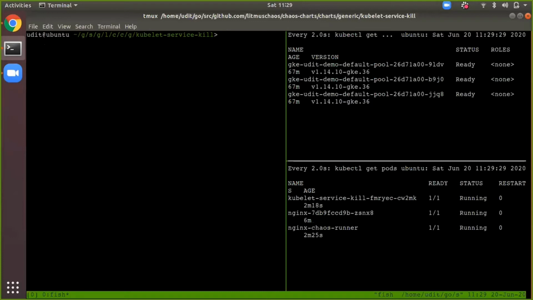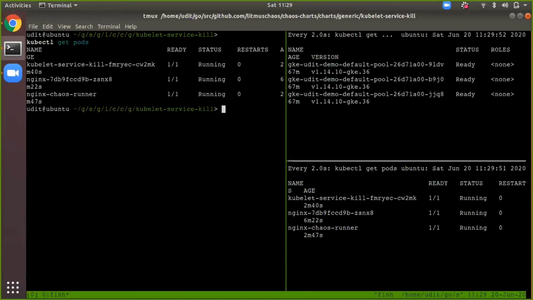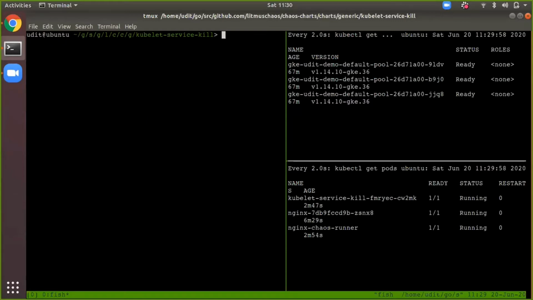So one interesting aspect is a lot of managed Kubernetes solutions have service monitors already created in them, and they tend to bring the service back immediately, especially for critical services. So we are in the process of trying to expand the support for this test on different platforms. Right now, it's supported on GKE and AWS, where the service monitors have been inhibited from reacting during this time. But that's something that will be extended to other platforms as well.